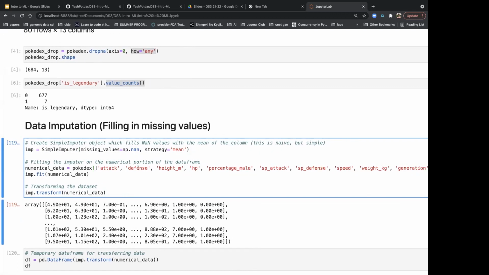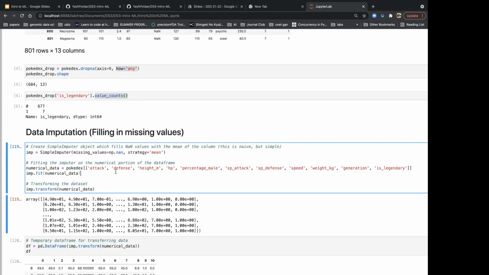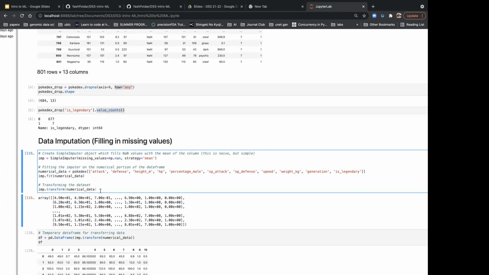We're selecting only the numerical data. Once it's fit on that numerical data, that is, it computes all the means, we're going to transform, which replaces the missing values by the means of that column, but not in place. So the imp will not contain the missing values itself. We're just printing what happens if we do transform. And if we run that, we get